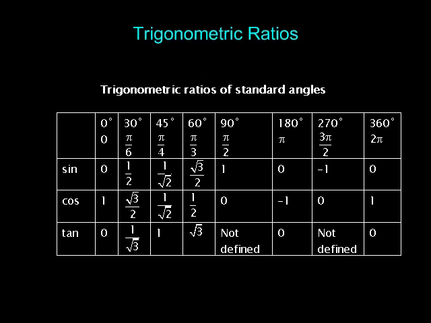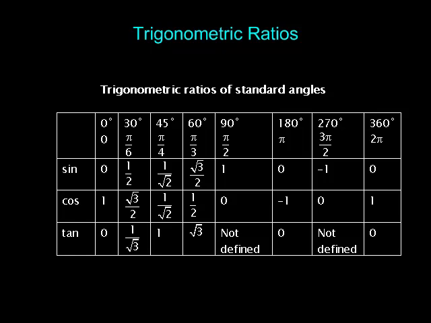Table of values. Sin 0 is 0, cos 0 is 1, tan 0 is 0. Sin 30 degrees is half, cos 30 degrees root 3 by 2, tan 30 degrees 1 by root 3. Sin 45 degrees 1 by root 2, cos 45 degrees 1 by root 2, tan 45 degrees 1. Sin 60 degrees root 3 by 2, cos 60 degrees half, tan 60 degrees root 3, sin 90 degrees 1, cos 90 degrees 0,